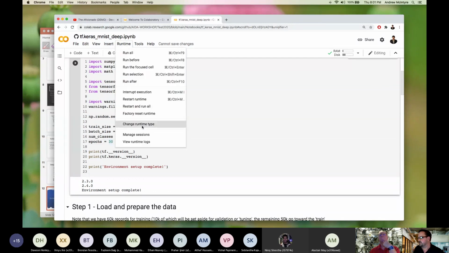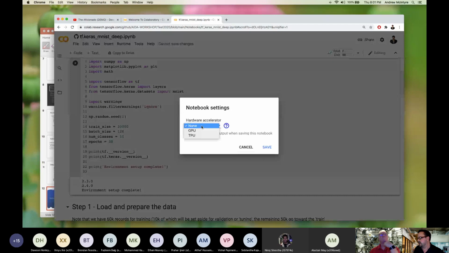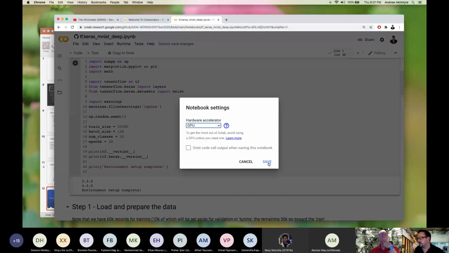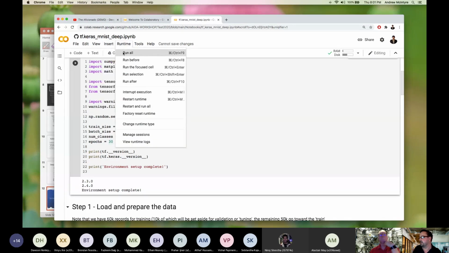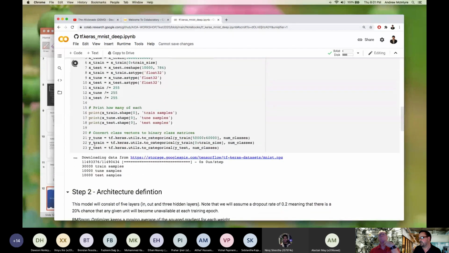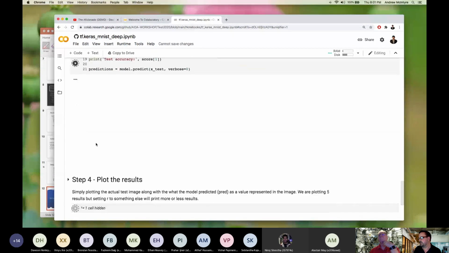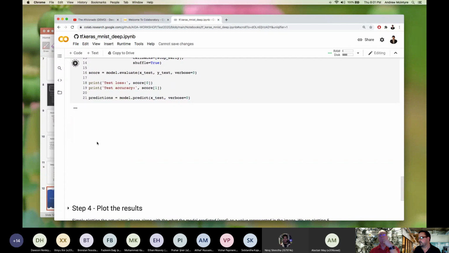So in order to make this go quickly, I'm going to change my runtime type to GPU, since we have acceleratable stuff in our libraries here with this deep network. And we're going to rerun all this stuff. And you're going to see how much more quickly the model will be training here as well.